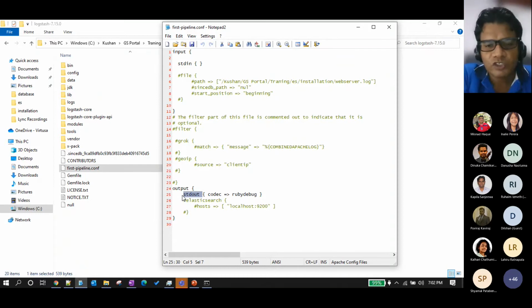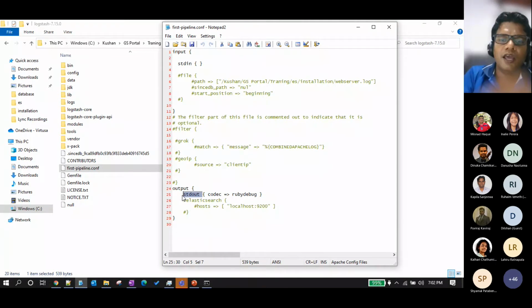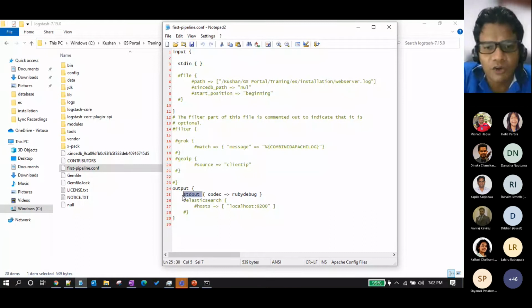The codec is something we use for data representation. Here we are using the codec plugin called the Ruby library. Sorry, these might not be known to you, but those are vast topics. I'm just explaining that I am using it to do the data representation.